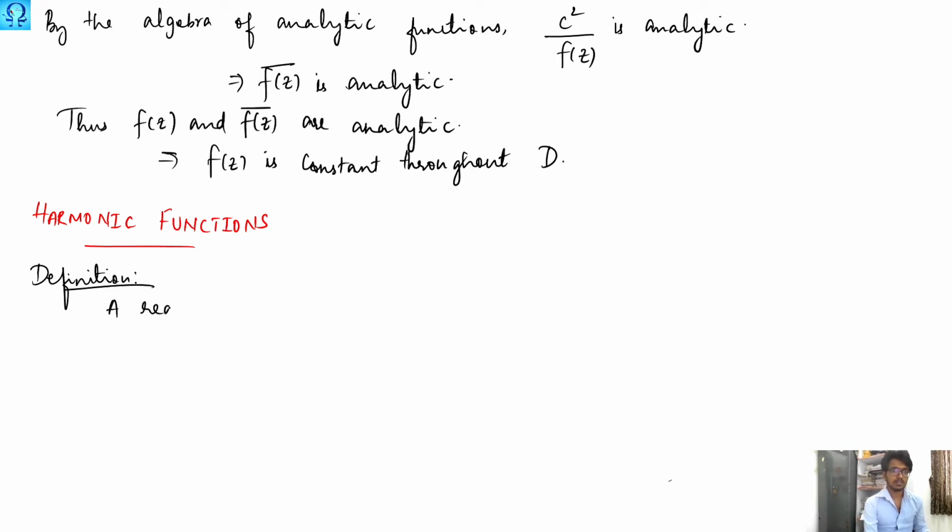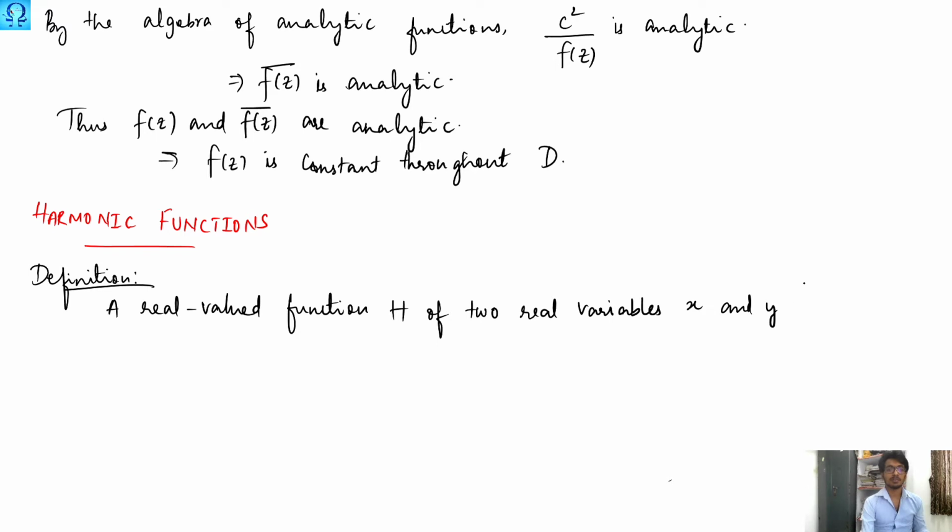a real valued function. So we take some real valued function. By real valued function, we mean the codomain of the function is a subset of real numbers or the set of real numbers. So what is the domain of this function? This is a function of two real variables, namely x and y, which means this is a function defined from R2 to R, or some subset of R2 to some subset of R, that may be of any kind. So this kind of function is said to be